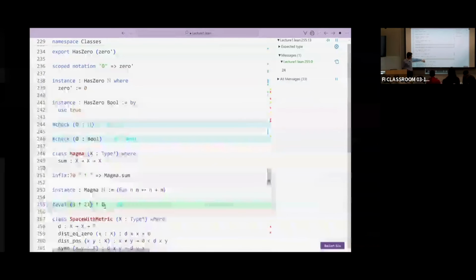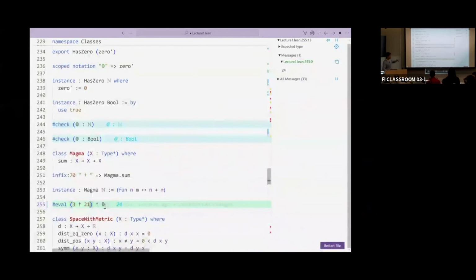because this 0 must be something that comes from and has 0 structure on what? Well, on natural, because these are the type that came up when solving, unifying this problem. And now it can do it, and it can do everything because it has found this magma N term in the library, and it has also found this has 0n term in the library. Okay, so this is how it works, and this is what allows now us to write this kind of thing.